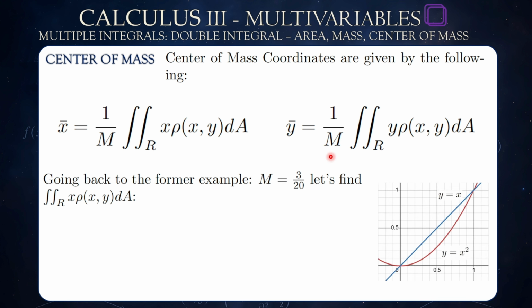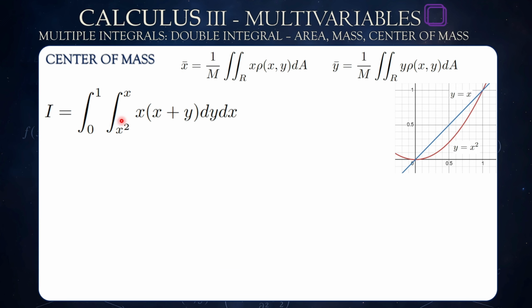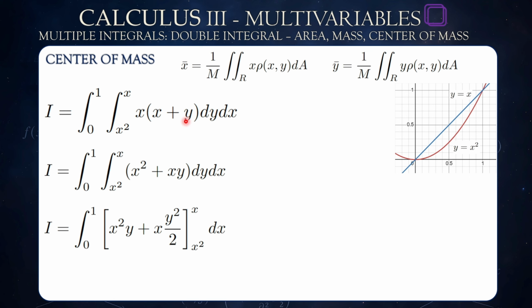Going back to the former example, m is equal to 3 divided by 20. Let's find the double integral over R of x rho(x,y) dA. So I is equal to the integral from 0 to 1, integral from x squared to x, of x times (x plus y) dy dx. That equals the integral from 0 to 1, integral from x squared to x, of x squared plus xy dy dx,